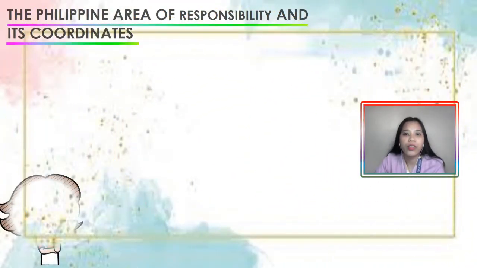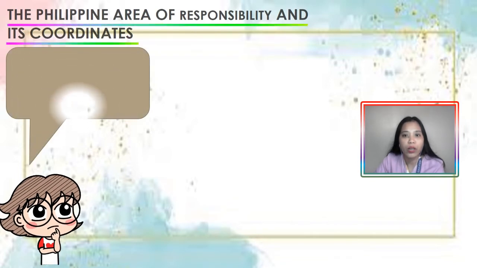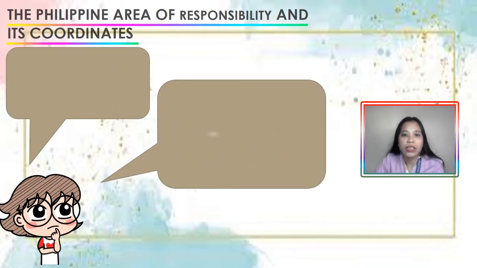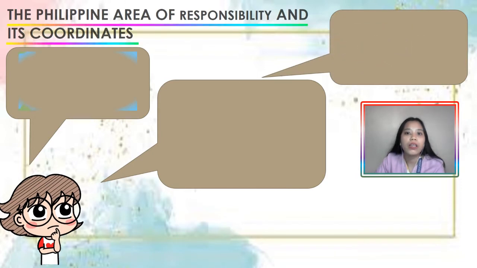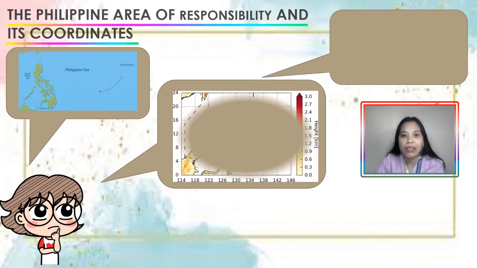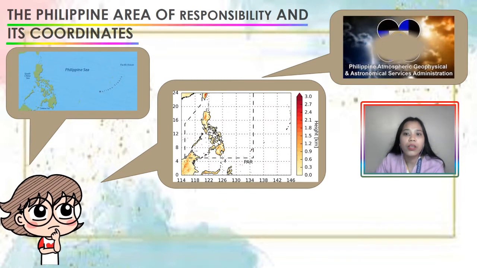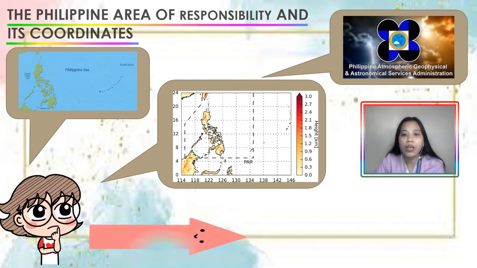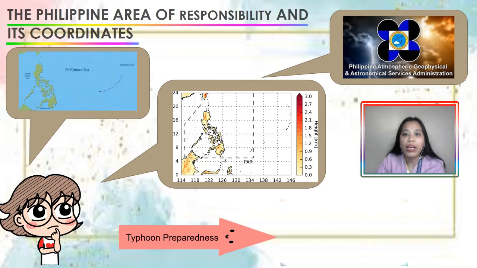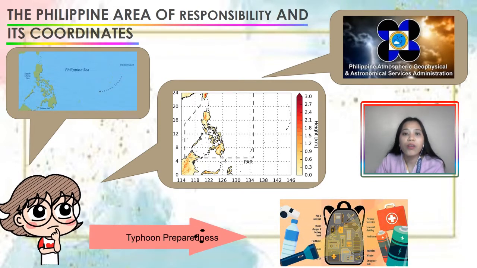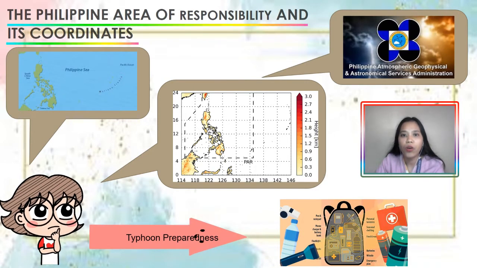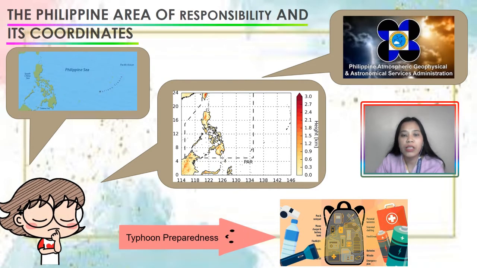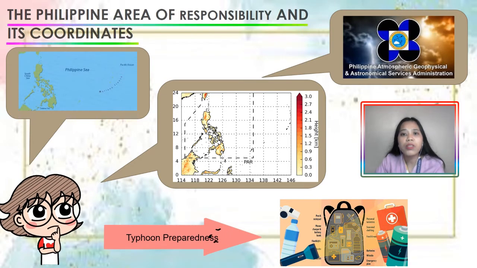Very good. The Philippines is an archipelagic country which is surrounded by huge bodies of water like the Pacific Ocean in the east, West Philippines Sea in the northwest, and Celebes Sea at the south. It is also a tropical country which is situated above the equator that receives direct heat from the sun. Given its location, the Philippines is prone to tropical cyclones or bagyo. And because of the frequent visit of typhoons in our country, we must always be ready in the circumstances brought